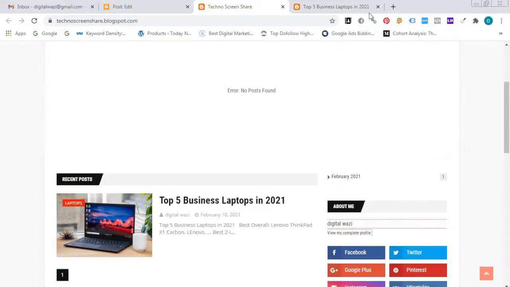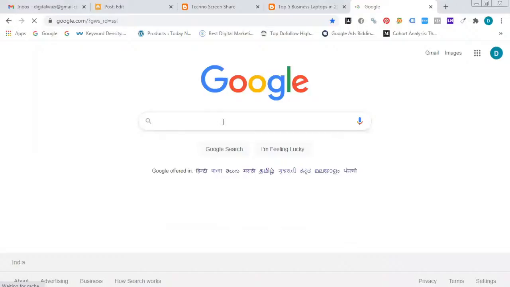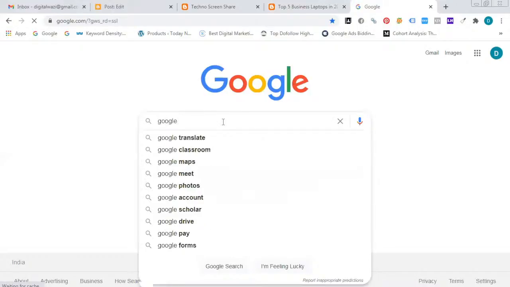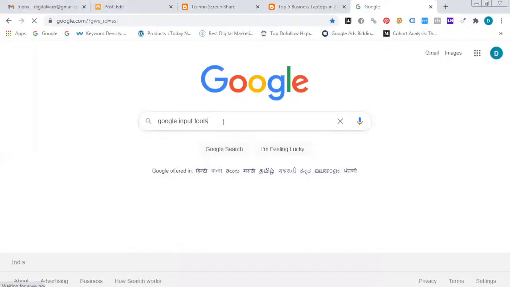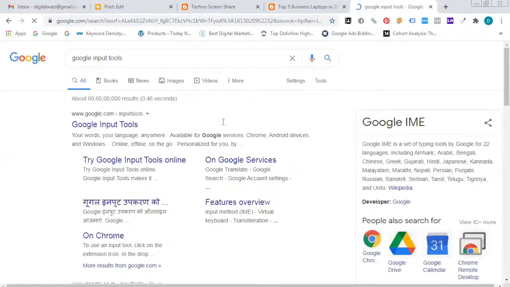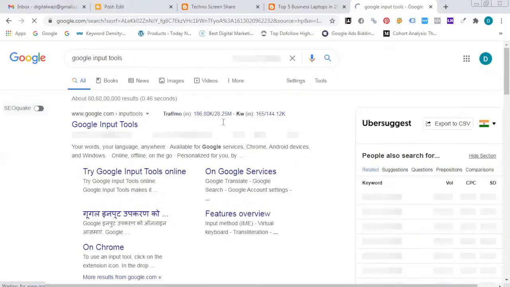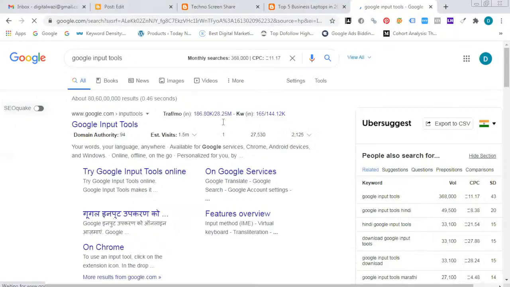How to present? The tool we are using: go to Google. Type Google input tools. You will publish your content in your own language.